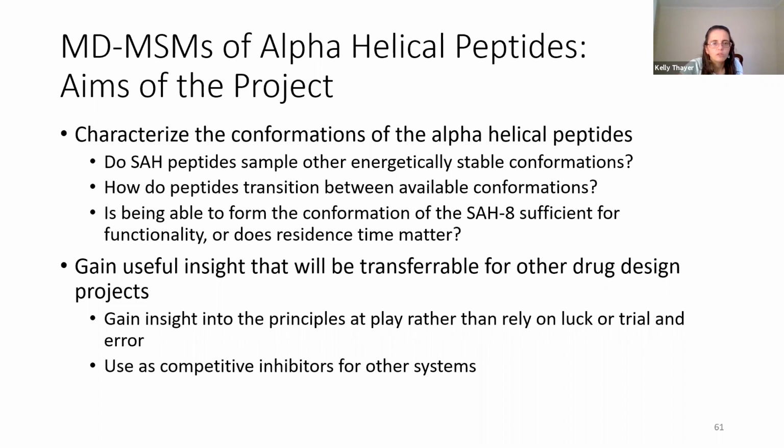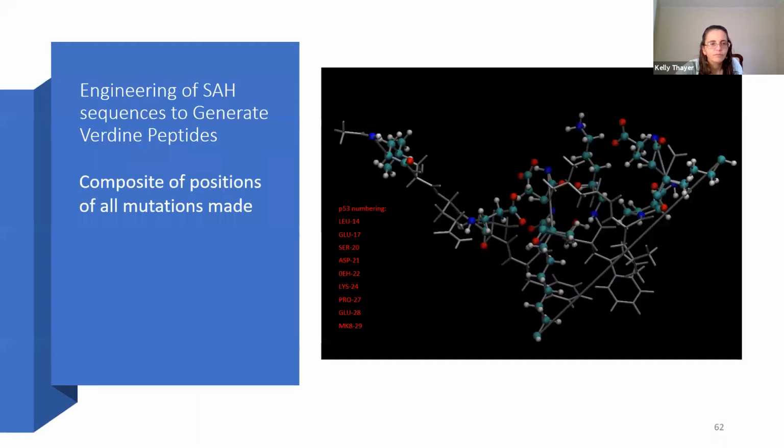We can also gain useful insight that we can translate to other drug design projects. We'd like to gain insight into the principles at play rather than just rely on luck or trial and error. And this is going to use competitive inhibitors for other systems. This is how the stapled alpha helices were made. These were generated from the Verdine peptides, that set that I showed you before. This is going to be a composite of all the mutations that were made,